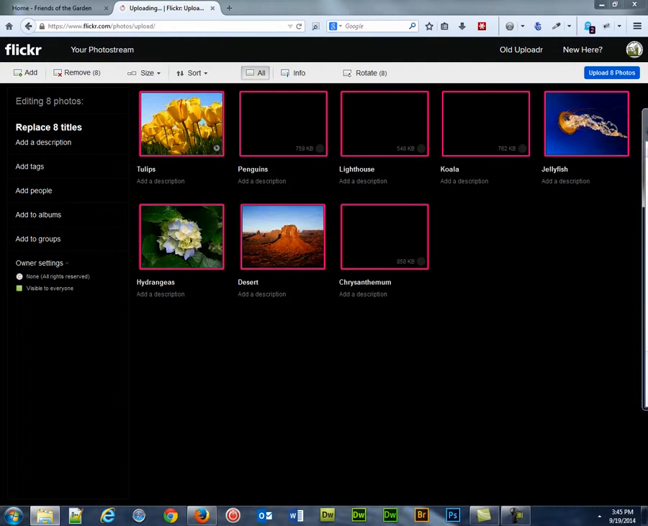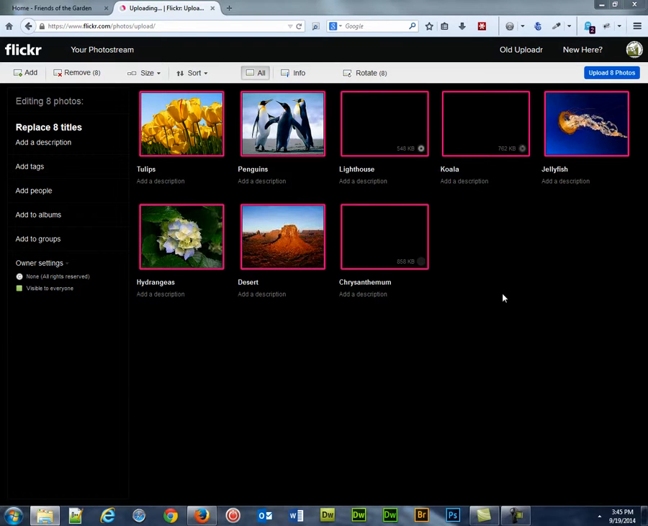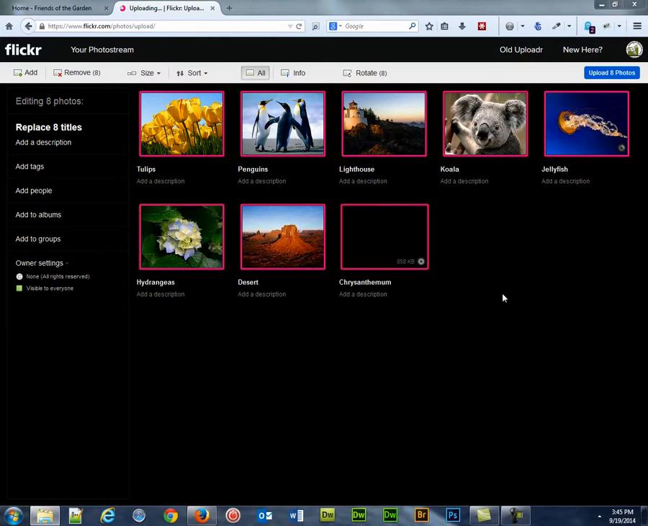Now Flickr will process these images. First of all, it will determine the titles, if you have titles. It will determine the sizes, both the size in kilobytes or megabytes as well as the resolution sizes, and it will then have them all selected, which you can see by the magenta outline around each photo. And once they've all been identified by Flickr, which just takes a second here,